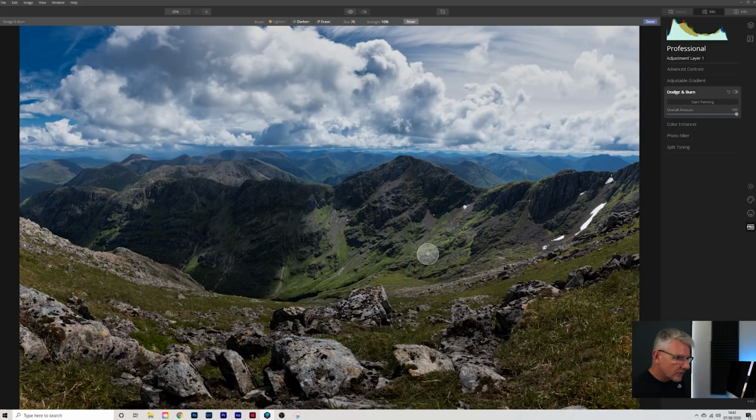I'm also looking for other areas. So what I'm going to do, as I say, I would work smaller than this. This is just to give you an overall feel for it. So strength's at 10% here. I have other areas throughout this as well that I am going to lighten. And not too many, because what we're doing is we're using what we have within the image to bring out